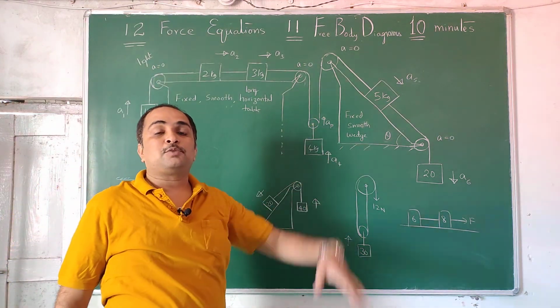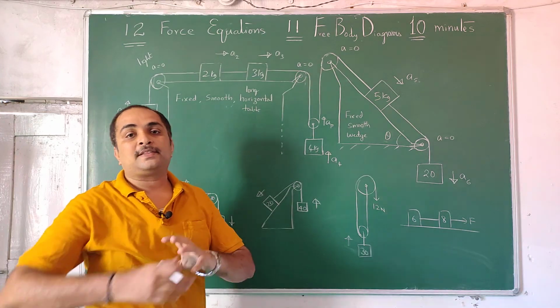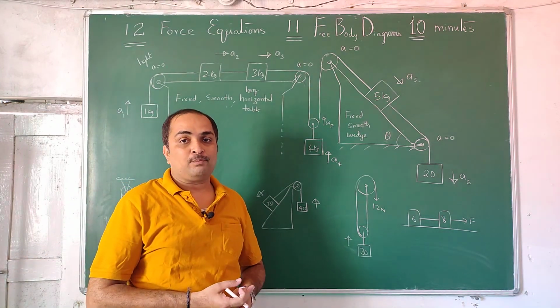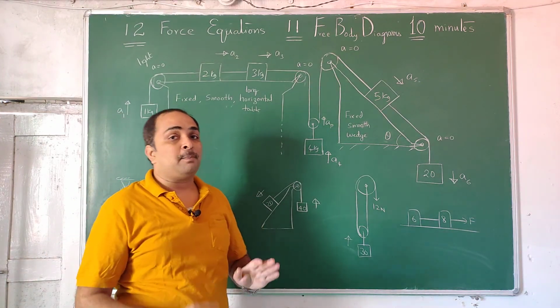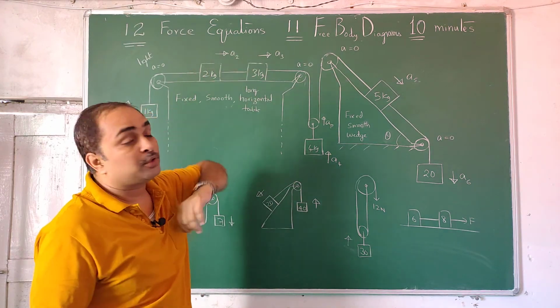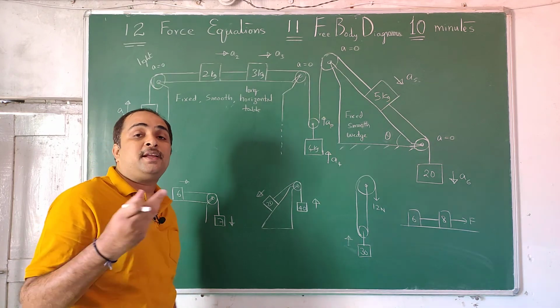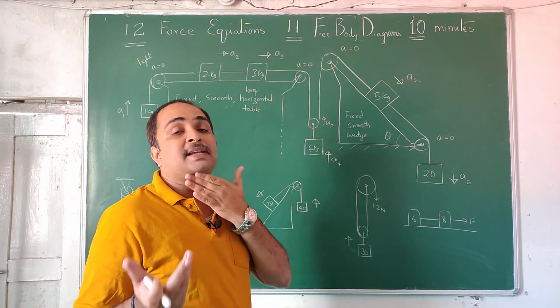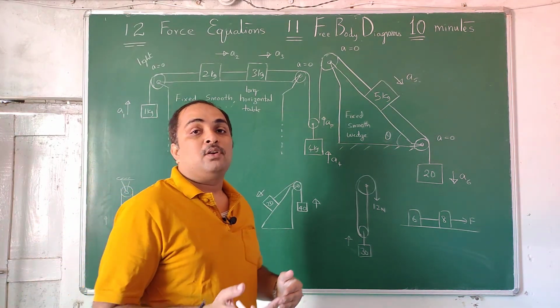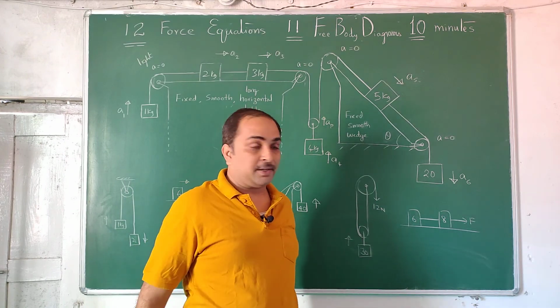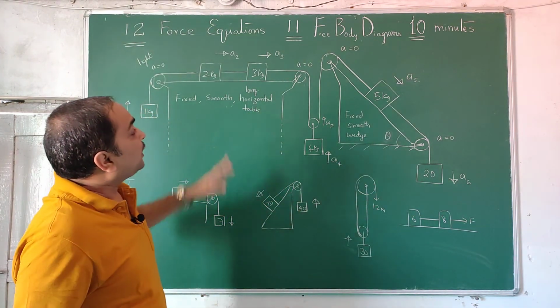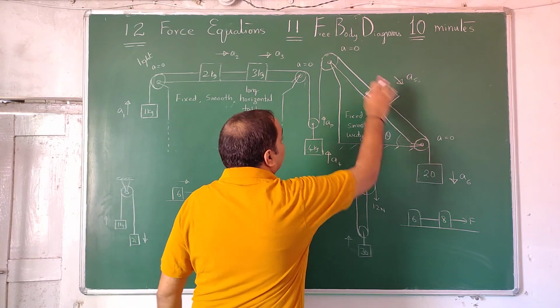Expecting in which way each block moves, with your common sense or with some procedure, is called constraint equation. So constraint equations will have a separate heading, because our heading is not that. How to write force equation is our heading. So we have to expect in which way the acceleration goes, because writing F is equal to ma, a professional trick exists in which we write force equation parallel to acceleration. So first we have to expect in which way each body goes. This will go down, this will go like this.